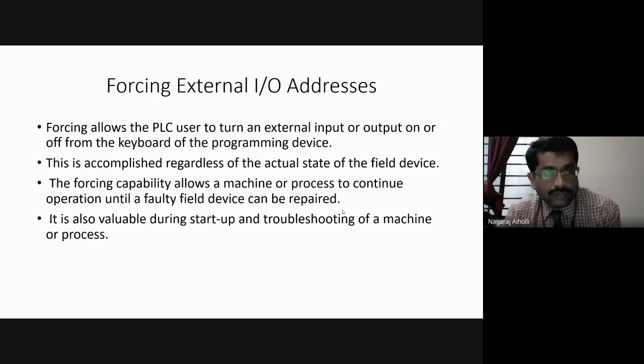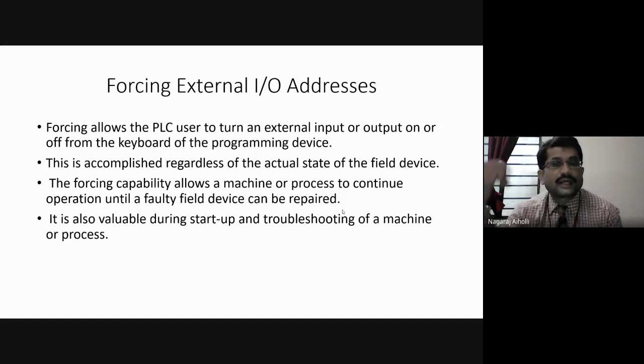There are two field devices or output devices connected to the PLC. One device is operating normally, another device is faulty. That means it is not operating normally; there is some fault in it. So we have to repair the faulty output device. If we want to repair the faulty device, we have to give some time. Now, how are we giving the time for repairing?